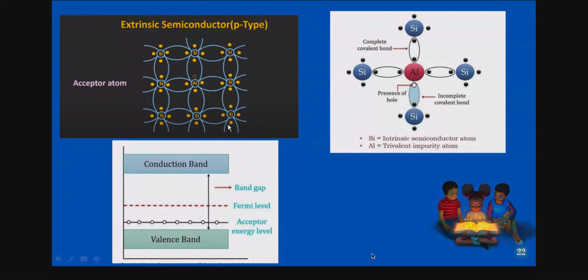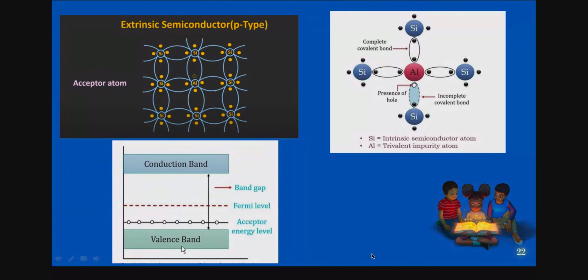Once you look at the energy band diagram, it will be different from that of an intrinsic semiconductor. You already have an idea about that. You have a valence band and the conduction band, right? In between, you have a gap called the forbidden gap or energy gap. You can see the dotted line here. This is called the Fermi level. We can't say exactly, but it is midway between the conduction and valence bands.